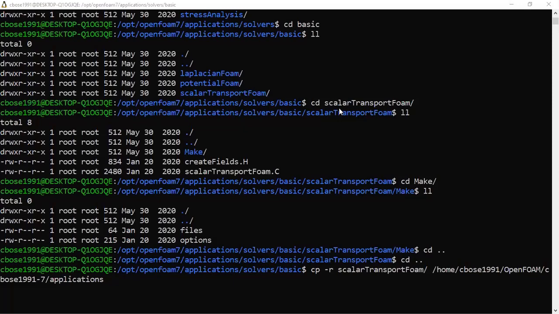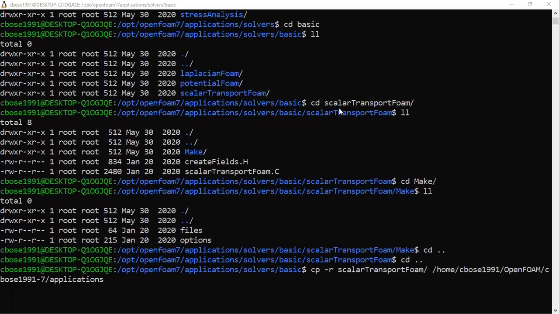So it is basically an instruction to follow: you create an applications folder in your user directory and develop all your codes there. And within run, we can test those solvers using a tutorial case. Okay, thank you, sir.